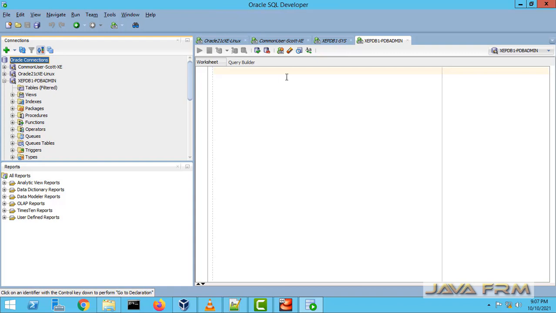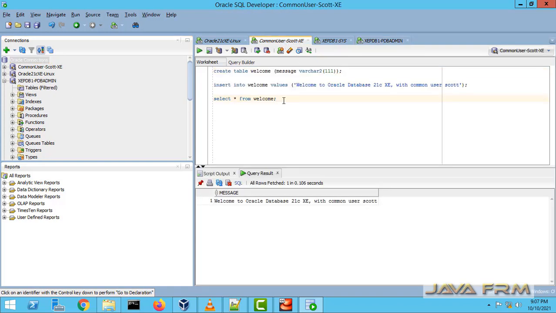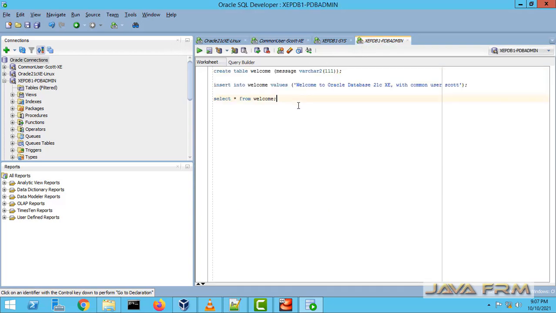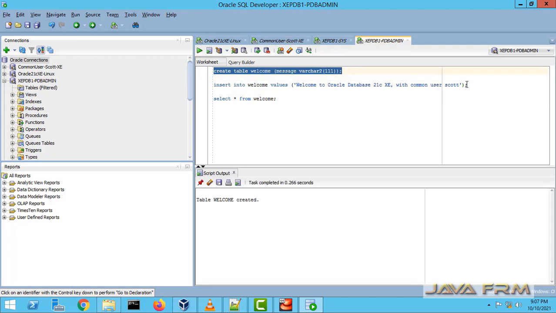Now I am going to create one table. So I am copying this query here and pasting it. Yes, the table is created. I am just modifying this line. So all the container users have access to this pluggable database also.